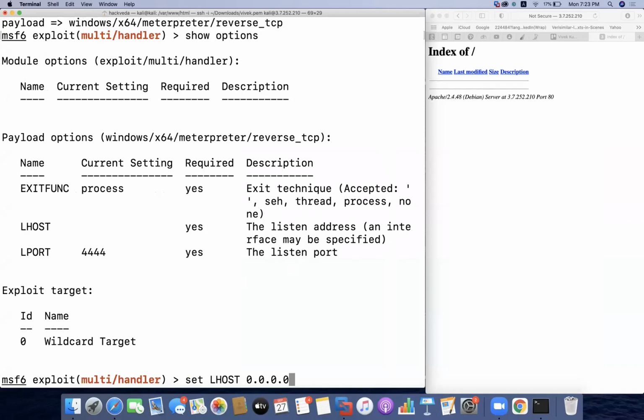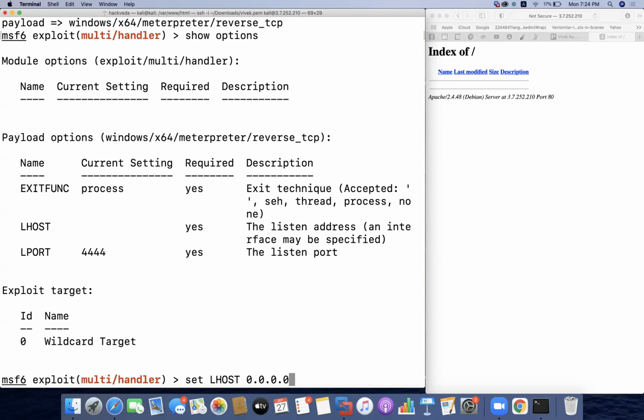0.0.0.0 means you can run your listener on all the network interface cards. So for connections coming from the public domain, let's say a person is on another network and is trying to send his reverse shell to your computer, you will be able to access it.